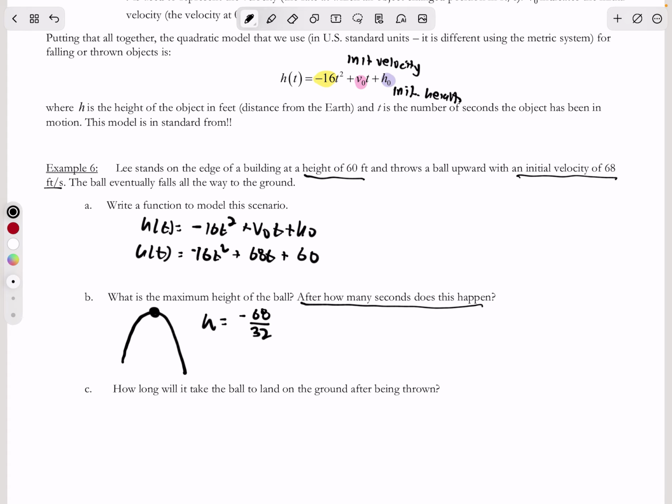Let's see what happens. All right, so h is negative 68 over 32, both divisible by 4. Wait, something's wrong here. It's negative 32. So I get 17 over 8. I know that that's 2.125. My k value is the height at 2.125. And if I plug that in,